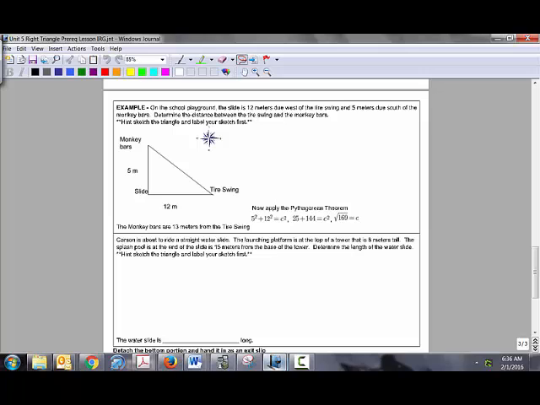Okay, so we're looking at the school playground. The slide is 12 meters due west of the tire swing and 5 meters due south of the monkey bars. Determine the distance between the tire swing and the monkey bars. And our hint here is always to sketch our triangle and label it before we try to apply the Pythagorean theorem. So we start with the slide being due west of the tire swing and due south of the monkey bars. We label, we see these two sides here